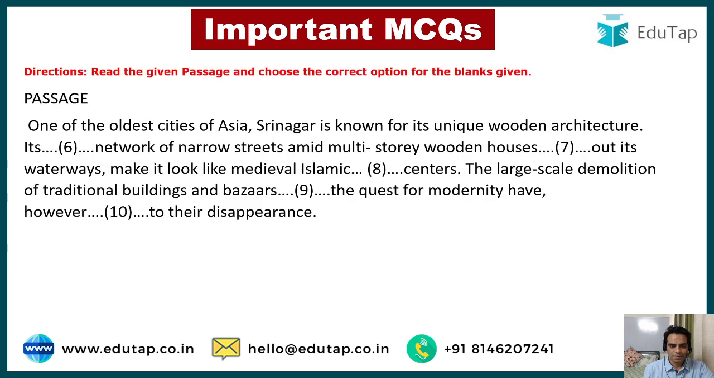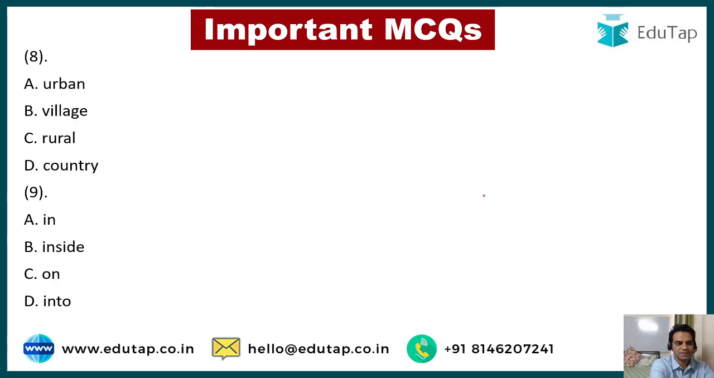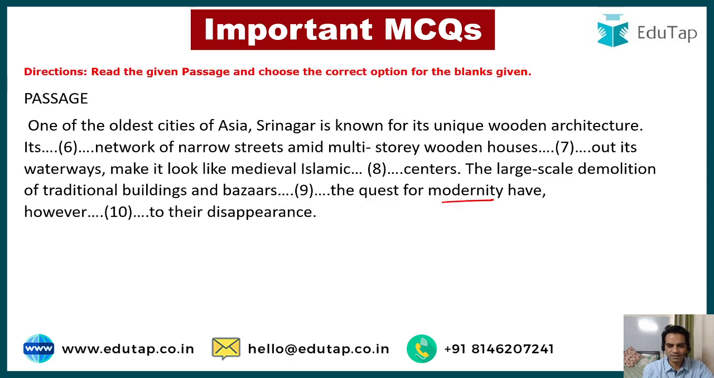So make it look like... See, he's talking about modernity, right? So it should be urban centers, so medieval urban centers. So that should have been the correct answer. Its extensive network of narrow streets amid multi-story wooden houses, opening out its waterways, make it look like medieval Islamic urban centers. The large-scale demolition of traditional buildings and bazaars dash the quest for modernity have, however, dash to